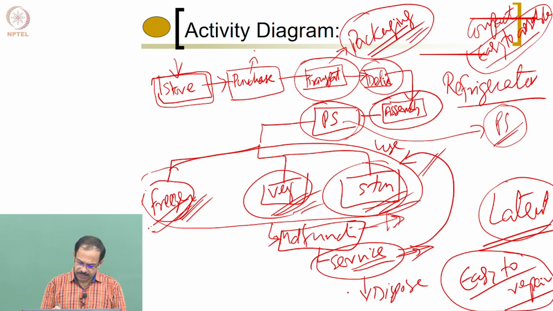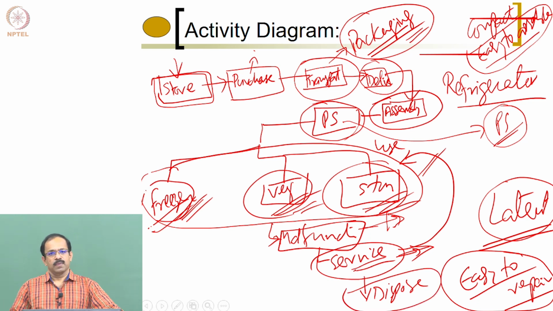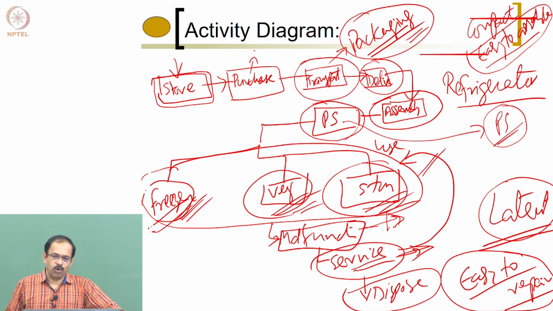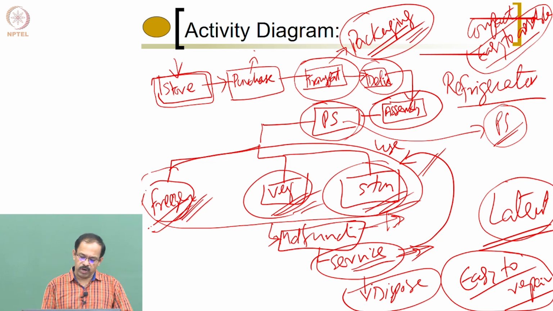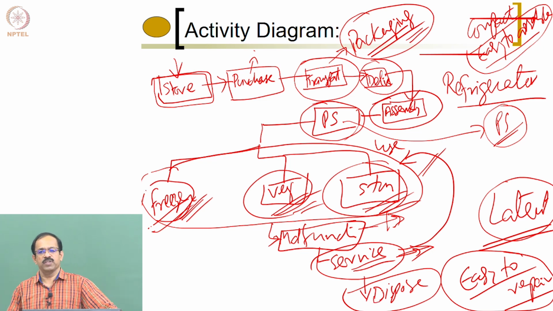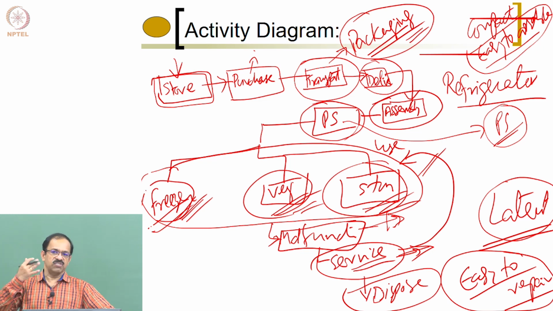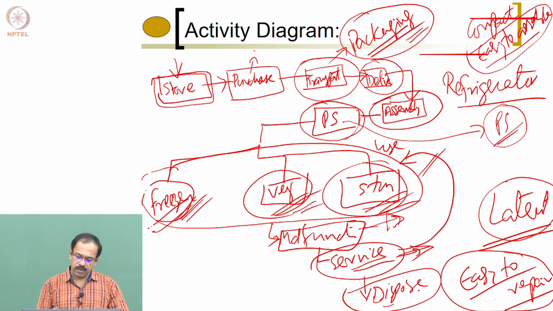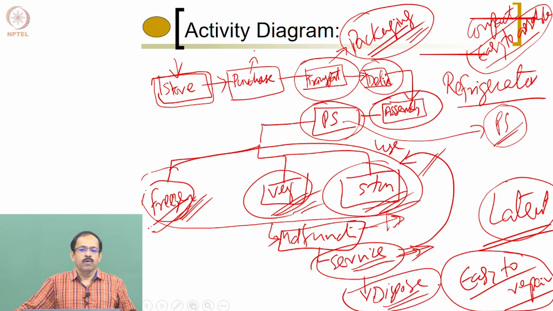And the last one, okay, at the end of this, dispose. With a lot of talk on environment and eco-friendly systems, how do we dispose this product is something which the designer should be aware of from the beginning itself, from the design stage itself. He should be clear what kind of dispose options are there for the product. What are the things that can be reused? What are the things that can be disposed of without affecting the environment? What are the things which need to be carefully disposed to avoid any particular environmental impact?